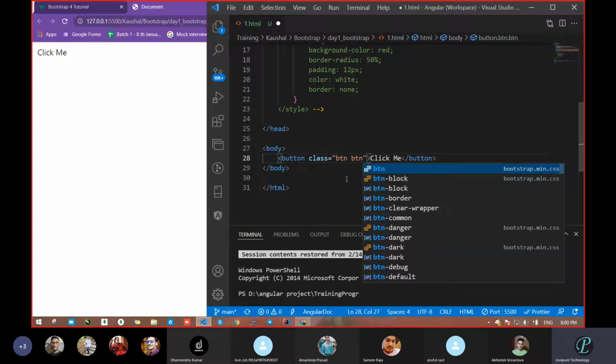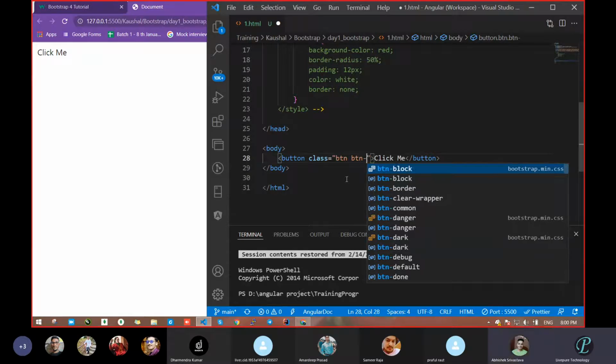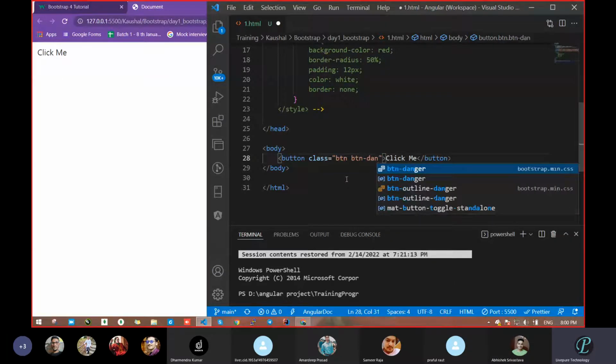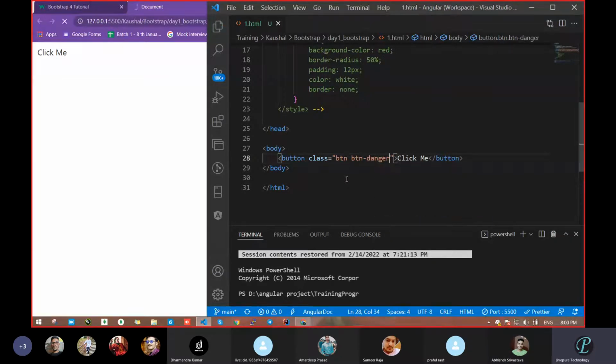First you have to take the parent, and after that you have to take the parent's child, like that. So I took BTN first. Now it becomes the Bootstrap button. Second, I want the button color to be red. So there is one name for that: danger. Take BTN and danger. Save. You got the Bootstrap.